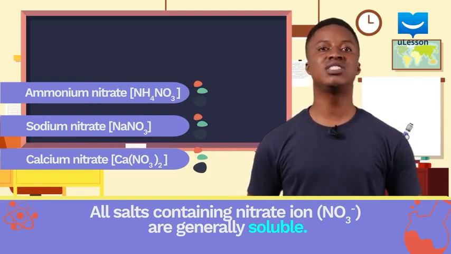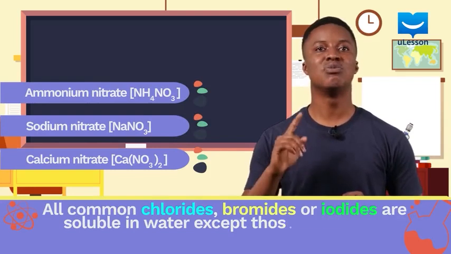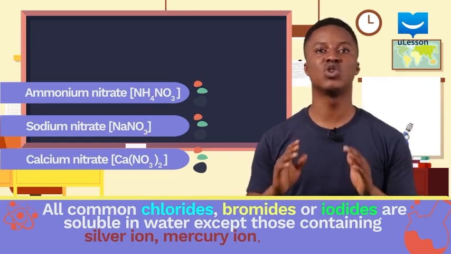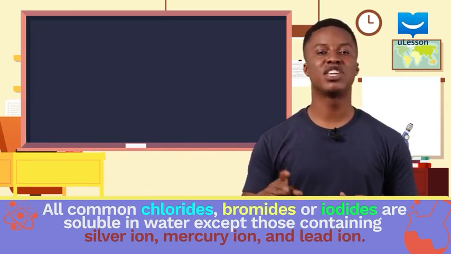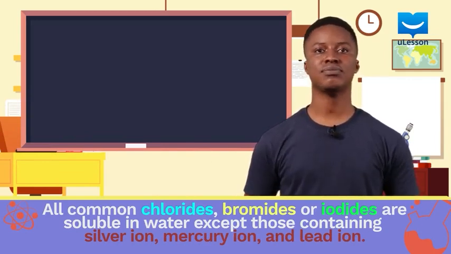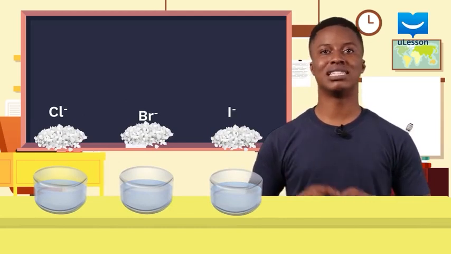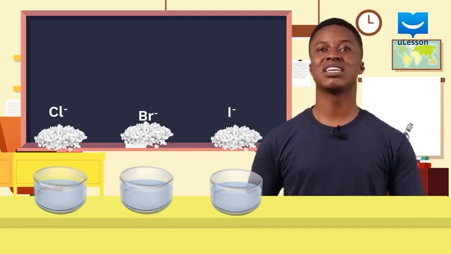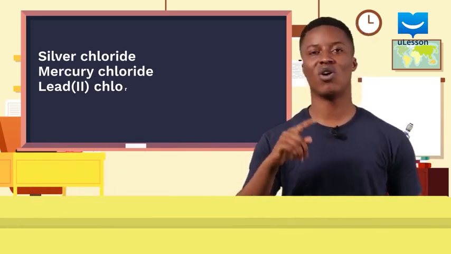The third solubility rule states that all common chlorides, bromides, or iodides are soluble in water, except those containing silver, mercury, and lead ions. What this means is that salts containing chloride ion, bromide ion, or iodide ion generally dissolve when mixed with water. They will not dissolve if the metallic ion in the salt is silver, mercury, or lead